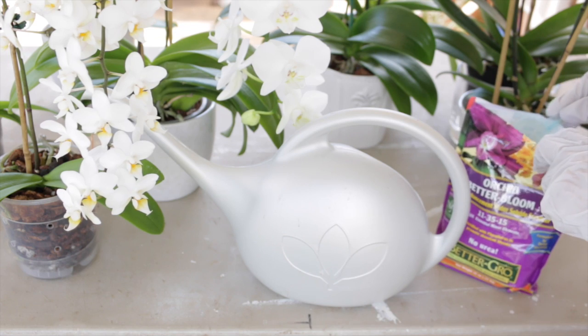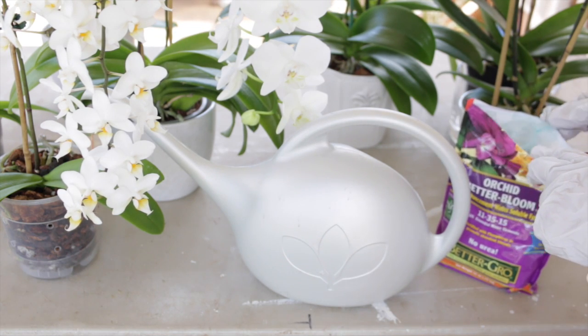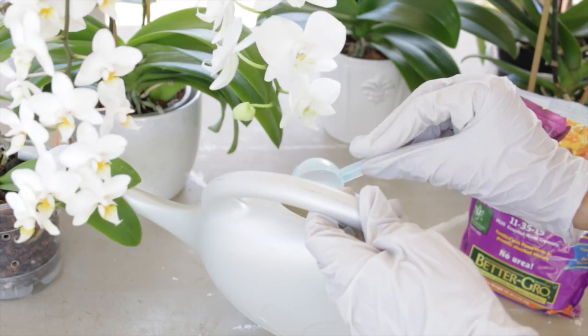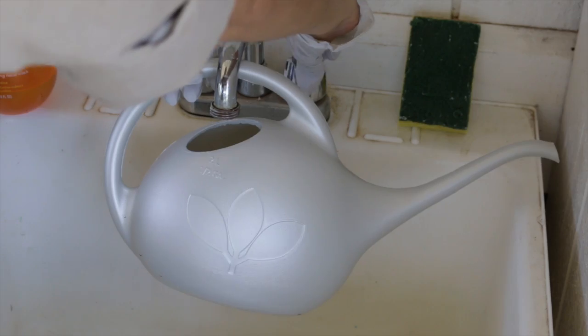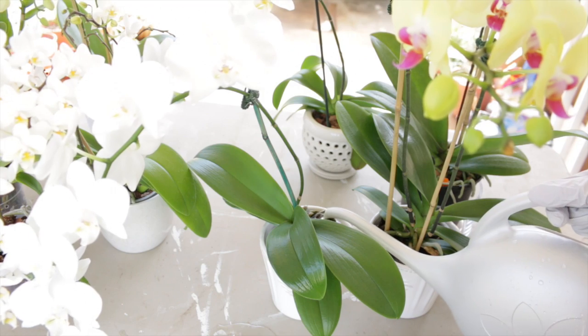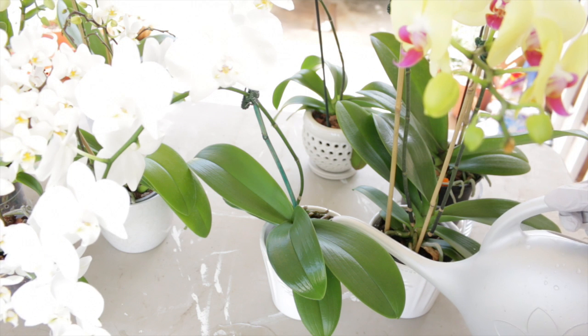Since Phalaenopsis orchids are heavy feeders, I like to fertilize them with a water-soluble fertilizer once a week. So I'll just take a quarter strength of the recommended amount of fertilizer and add that into their watering can and then water them just like normal. And if you're not sure how much fertilizer to use, it's always better to err on the side of a little less than too much. You don't want to over-fertilize your orchid because you can burn the roots if you have too high a concentration